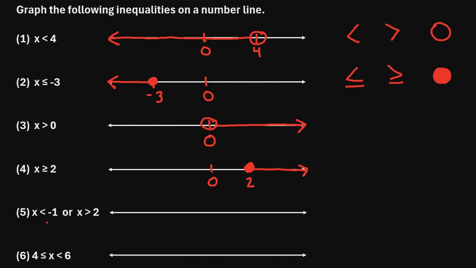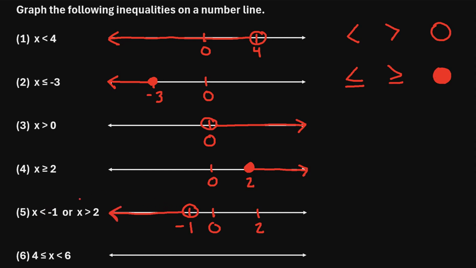All right, let's try this next one. It says x is less than -1 or x is greater than 2. So let's go ahead and mark 0 again, and then let's mark -1, let's say that's out here somewhere, and then a +2, that's out here somewhere. We're saying x is less than -1. So because we have a less than symbol, we'll draw an open circle at -1, and we're saying x is less than -1. So we're going to draw an arrow to the left,